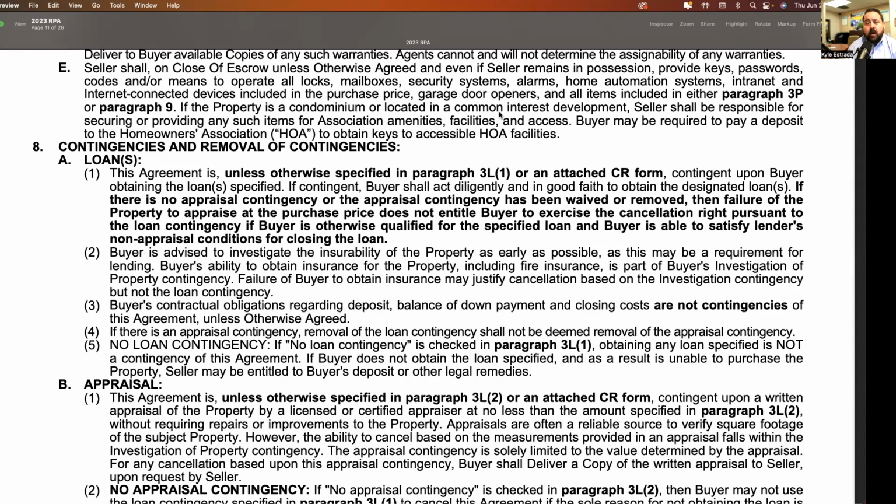That would be my requirement in the counter. At minimum, my requirement on anybody who's removed an appraisal contingency is they've got to show me proof of funds to pay the difference, the extra money between my list price and their offer price. Perfect. Because if they're going to go 30 or 40 over, I don't have any confidence in your offer